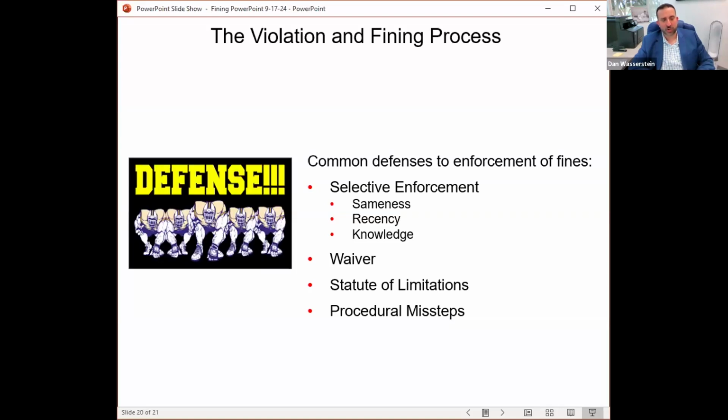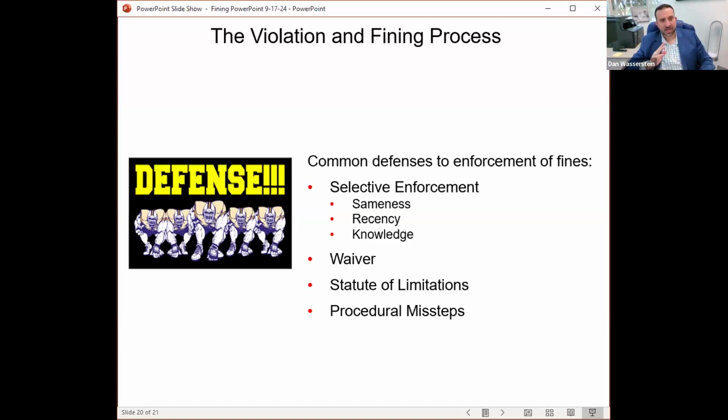Waiver is a shorter term issue, and a lot of documents have what we call a savings clause, which says that the failure to enforce a particular violation is not a waiver of the right to later enforce that. But statute of limitations, if you let it go for too long, be very mindful that you could lose the right to enforce. And there's a whole other host of issues that then come with that for your community.